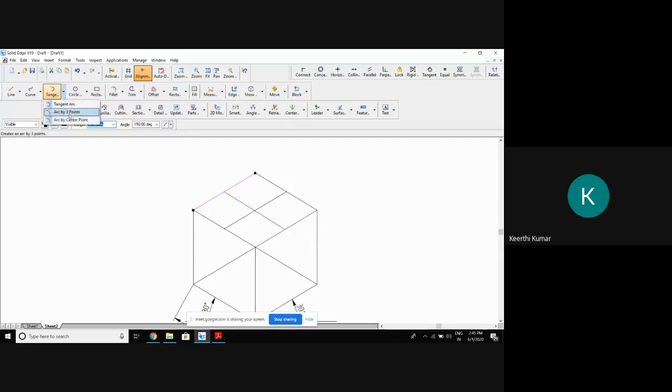Go with the arc by center point method, which means go with a compass. From the center, you cut an arc. This arc that you are drawing is supposed to be equal to the radius of the base of the cone multiplied by 0.8164. What is the radius of the base of the cone? The base of the cone is 30, so the radius will be 15. So 15 multiplied by 0.8164. Enter. Cut an arc. Understanding what I did?